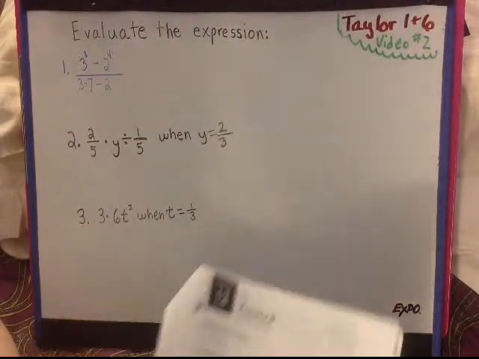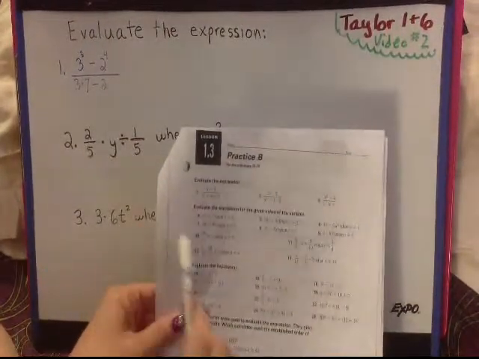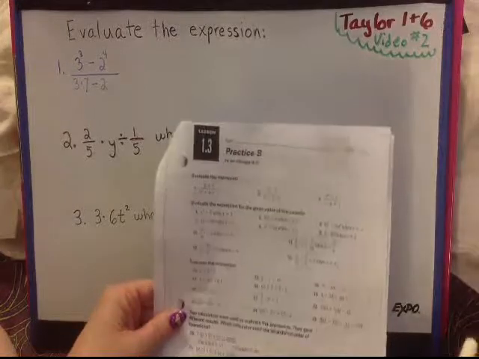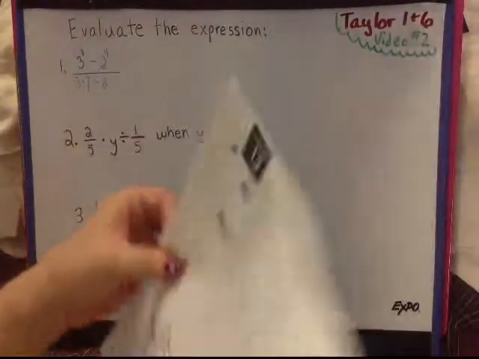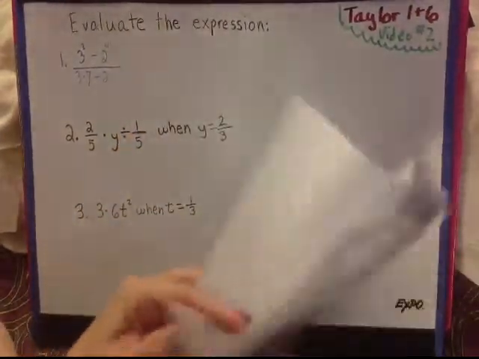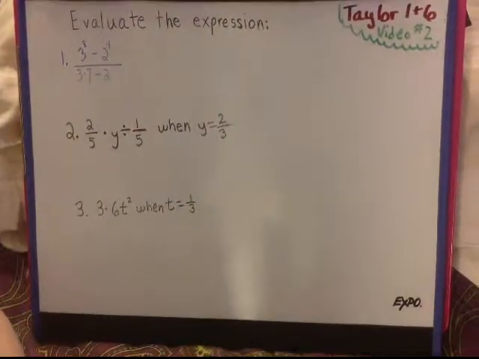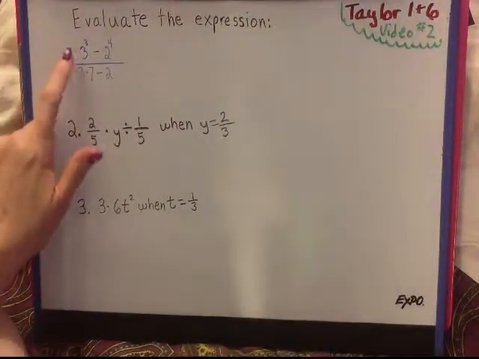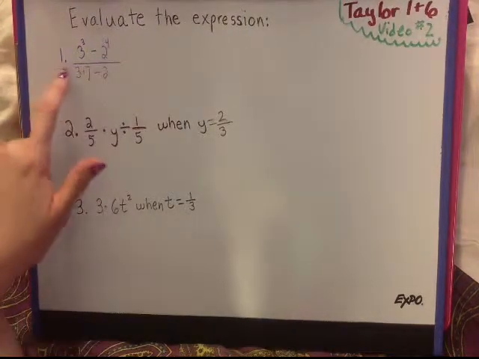And we are still working in section 1.3, and today you're going to be working with the 1.3 practice B worksheet, and for tonight you're going to be working with the 1.3 reteaching with practice worksheet. So let's get started. Okay, number 1 here says 3 to the third power minus 2 to the fourth power